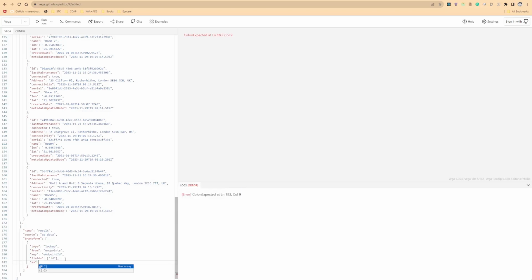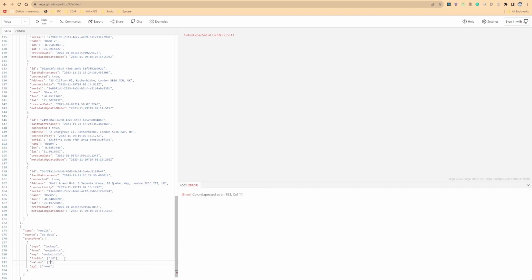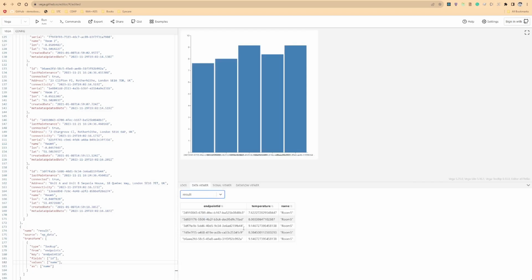And let's give it some name. So we want just to take the name. So if we go to our result, we can see the name here, right? But it shows some not really parsable data. So what we can do here, we can go and specify the values that we want, just name. Okay, I messed it up with fields, so it should be otherwise. It's okay. Yeah, so I changed the fields, and now we can see the name of the room for each